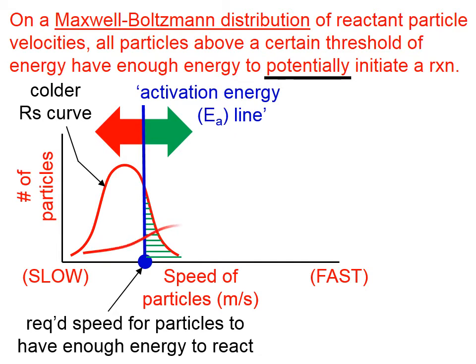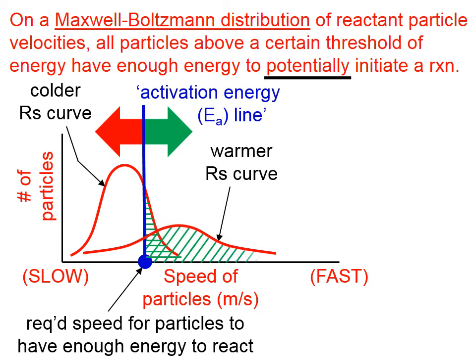Look what happens when we warm this reactant system up. When we warm this reactant system up, the distribution broadens and the particles on average move faster. Because it's the same reaction, the activation energy line hasn't moved. And you can see what happens. When we warm up the reactants, a much larger fraction of them, that is, this green hatched area compared to the overall area underneath this whole curve, there are a much higher percentage of particles that potentially could react